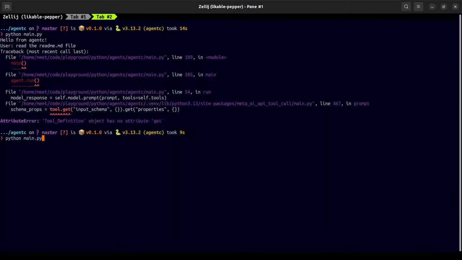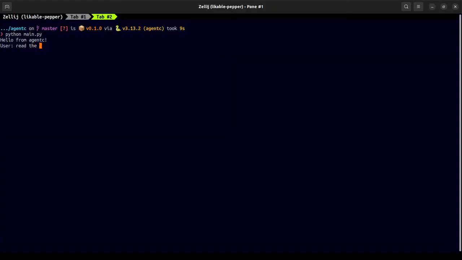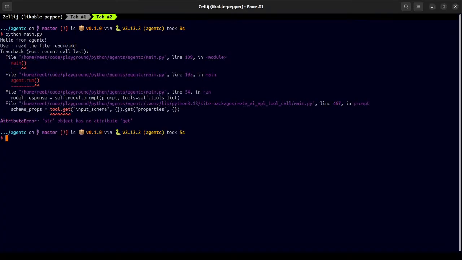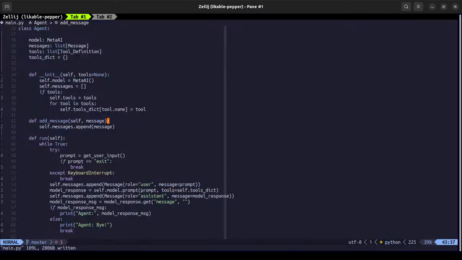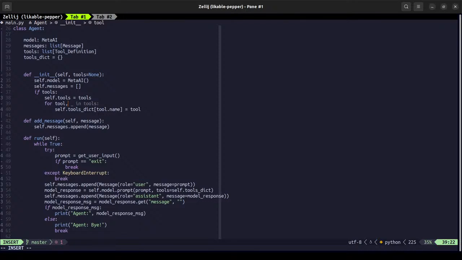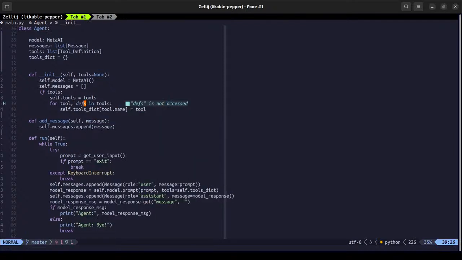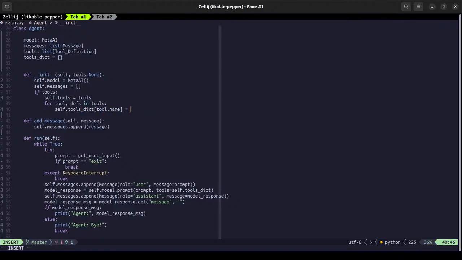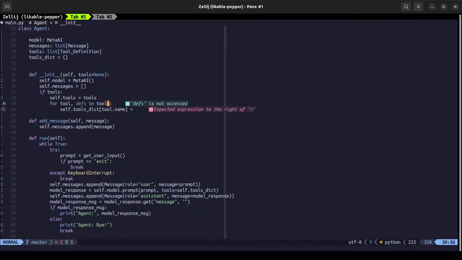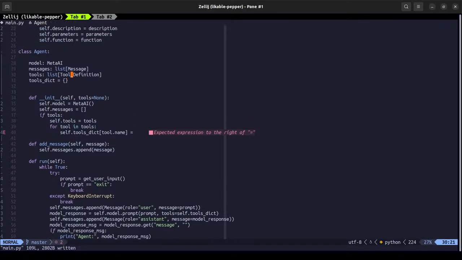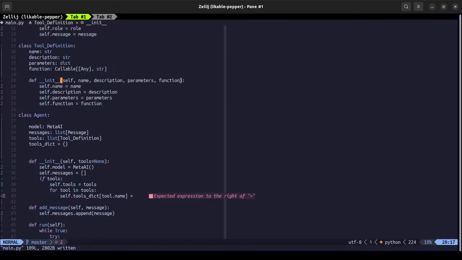Still, so tools is a list of tool definition, right? And this tool definition is this.